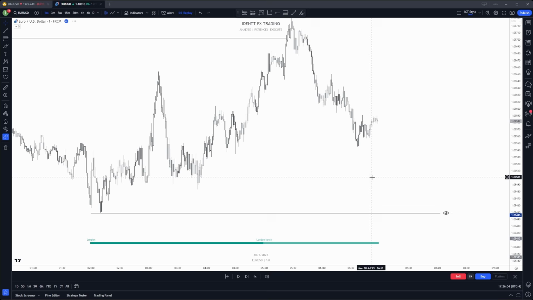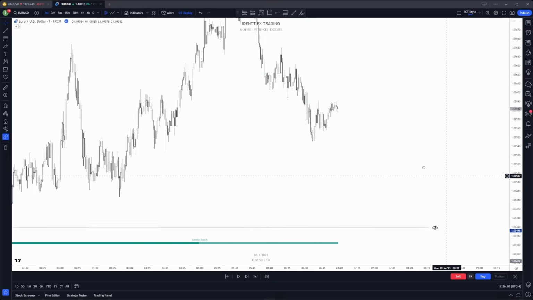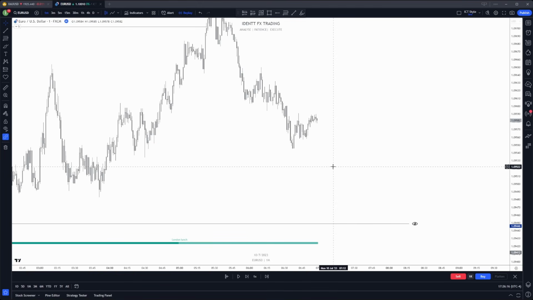After I've analyzed that, I move back to the lower time frame, and let's actually keep this drawn liquidity from the higher time frame right on the chart. Right now, I am looking for a couple of things before I can enter. First of all, I'd like to see a sweep of liquidity. Then I'd like to see a market structure shift, followed by a lot of displacement to the downside for me to then take an entry off of a fair value gap. I know that was a little bit quick. I promise you I will go into the depths as soon as we see the setup forming.